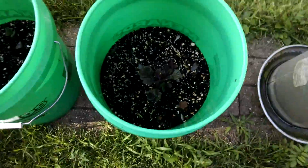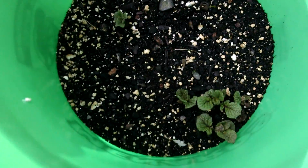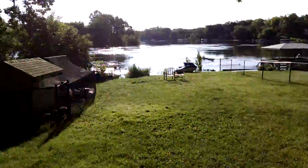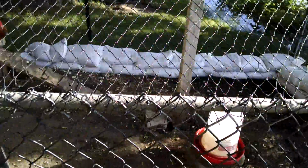Alright, so then the other thing that's kind of a little more interesting. Oh yeah, and here I replanted a couple store-bought red potatoes that apparently don't have any growth inhibitor on them, and I need to replant all those buckets. But this is the reason why not too much has been going on. Our river got a ton of rain. Hi chickens. And I've actually had to sandbag the chicken run because